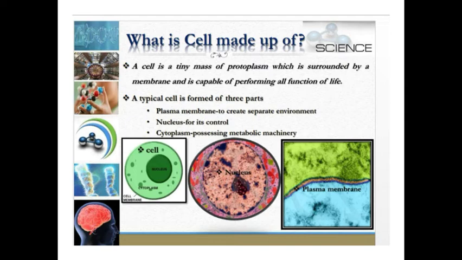Last week I said that the cell is made up of three major parts. They are plasma membrane, nucleus and the cytoplasm. So the plant cell contains a cell wall and the plasma membrane, while the animal cell contains only the plasma membrane as an outer coat. Okay children, let me move to the plasma membrane now.